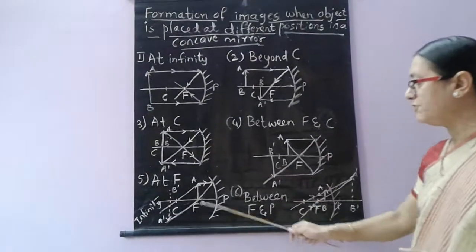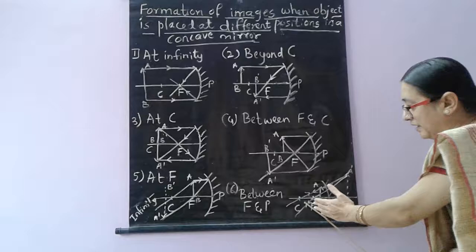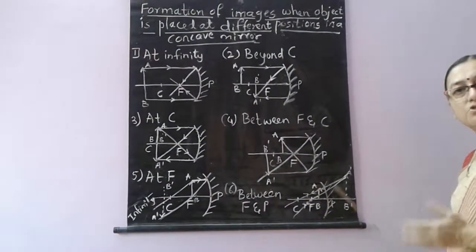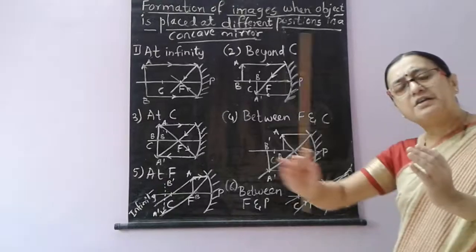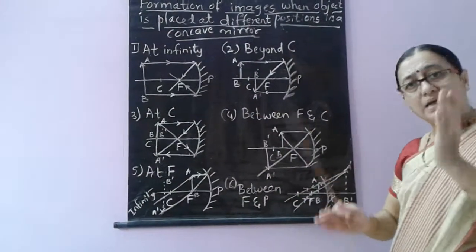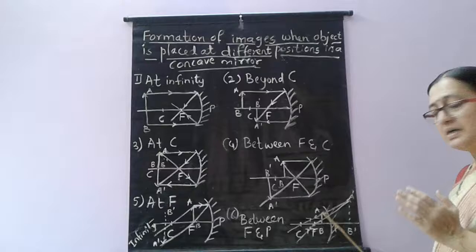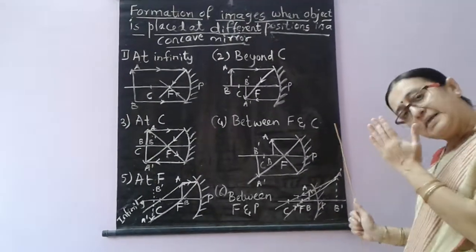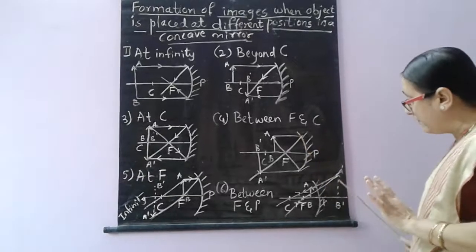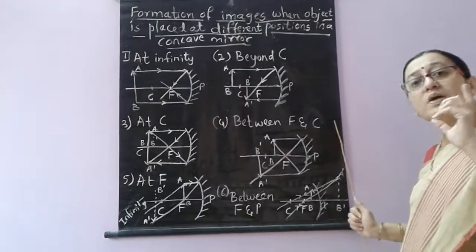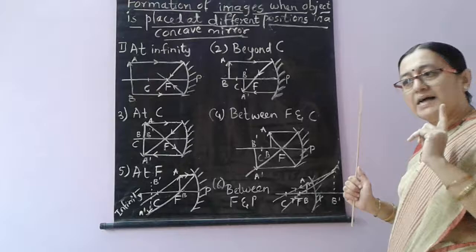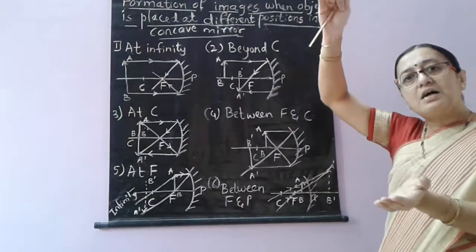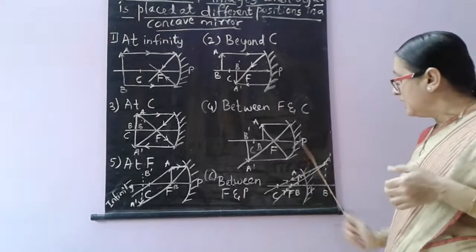Again if you bring the object very near, very close to the mirror, between F and the mirror, then the image which is formed is actually formed beyond the mirror, but we can see it in the mirror only. It will be erect now. So it is a virtual image. So as we go very near to a concave mirror, we see an enlarged erect image which is a virtual image of the object.